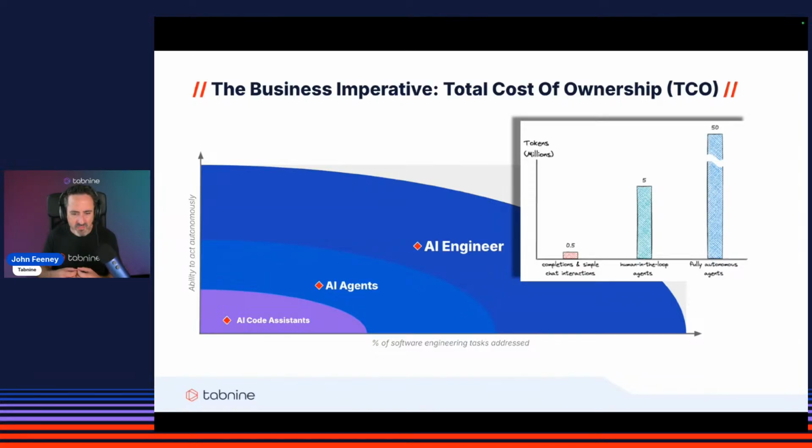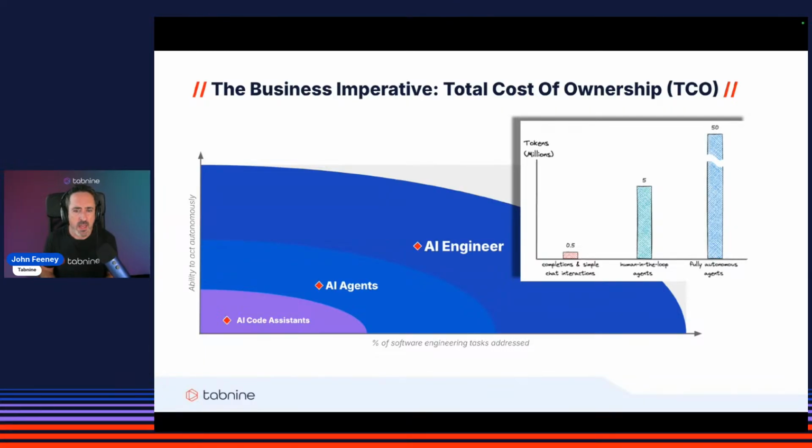These agents are able to take on larger pieces of work. They're specialized at certain tasks, and they have a certain degree of autonomy. And we've progressed over the course of the year to where we are today and where we're going, which is what I call the AI engineer. And this is like a semi-autonomous or even a fully autonomous AI colleague that's able to take on much larger software problems and complete them from start to finish without any interaction from the human, pretty much. And they do this by orchestrating a collection of agents together.